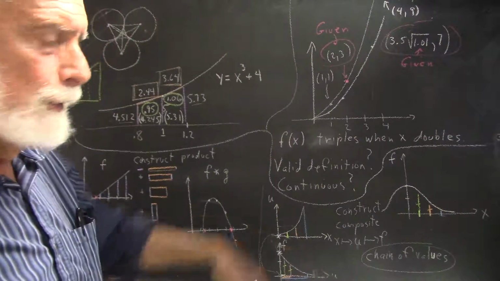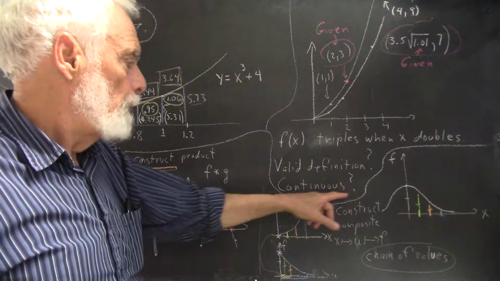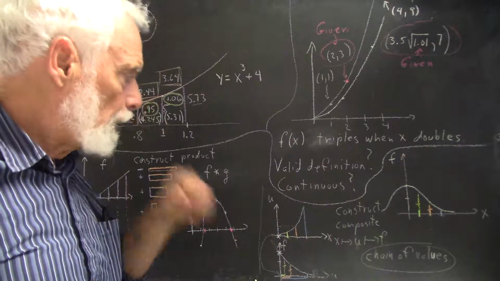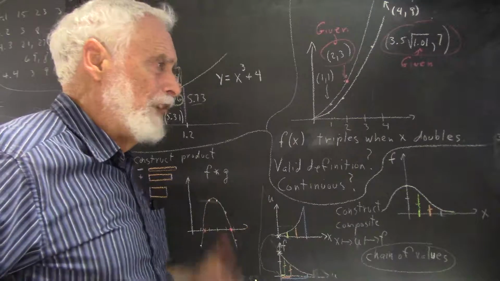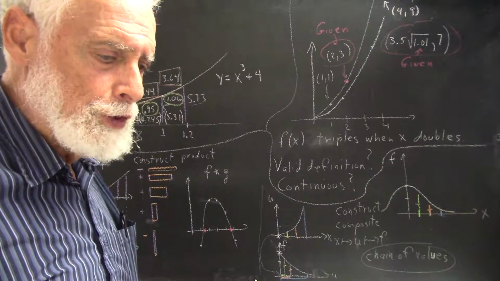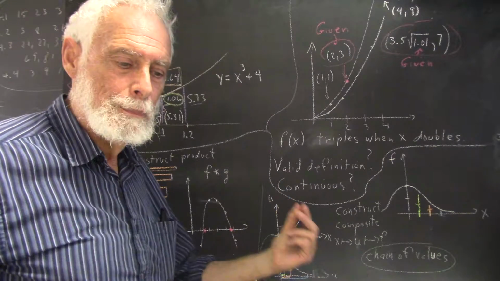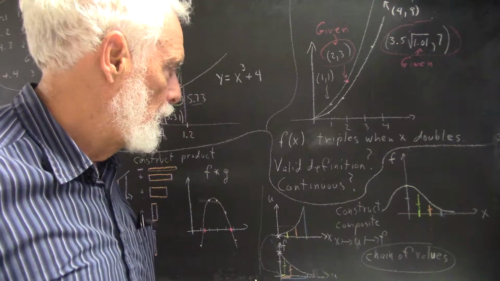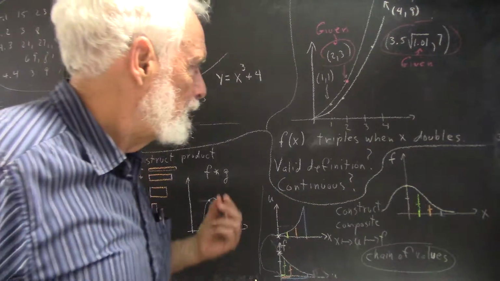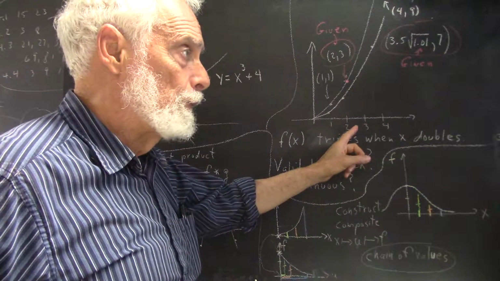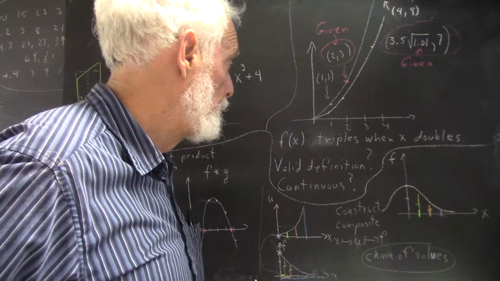Now, continuing the preceding video, we haven't addressed the idea of whether this is continuous or not. Continuous just means that the value of the function doesn't change by a whole lot if you just change the value of x by a little tiny bit. Well, in any little tiny bit of the x-axis, you have both rational and irrational numbers.